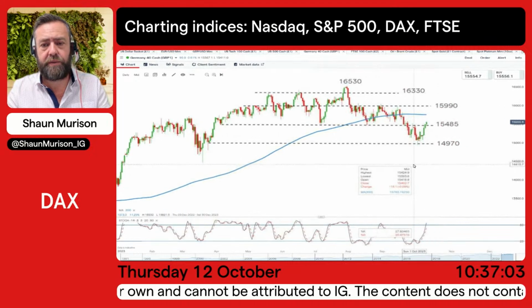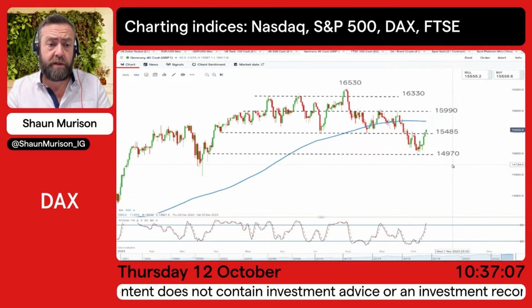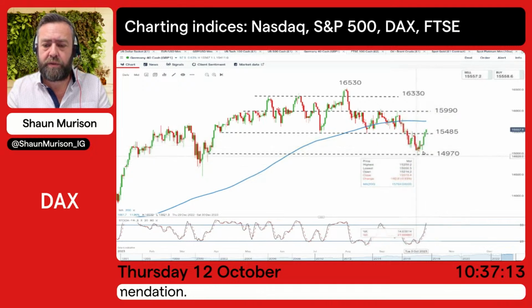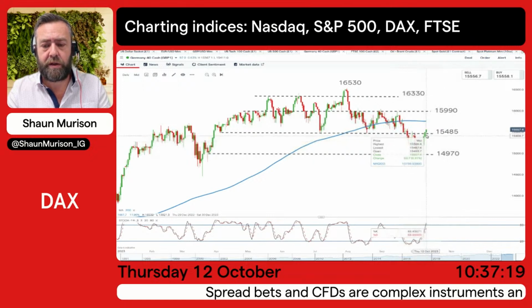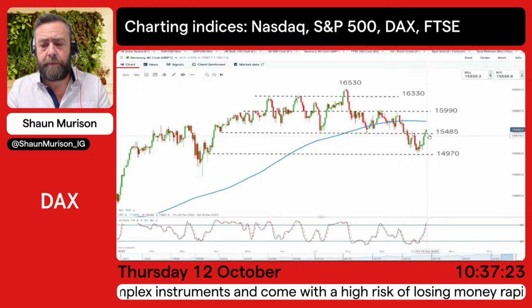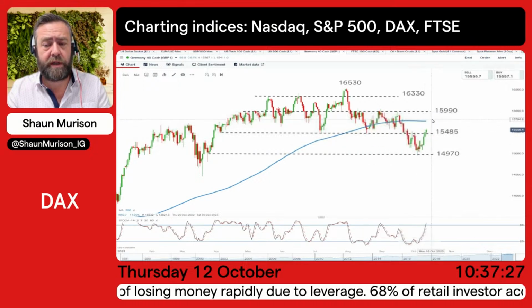Now, the DAX 40 or the Germany 40, that's moved into a sideways consolidation over the short, medium, and the longer term trend. Well, certainly over the medium to long term. We've had a reversal of support. Nice move towards our next level of resistance, 14,885. We had a close above that level, and we're seeing some continuation today. So we do have an upside breakout